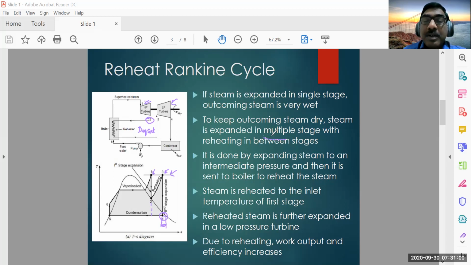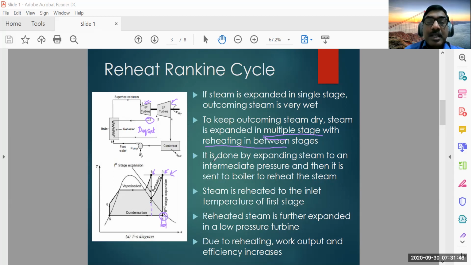So you have to understand two things here. In the reheating, normally it will be done in multiple stages, and there will be reheating in between the stages. Sometimes it will be done in 3 stages also. You can increase the number of stages, but it will not be feasible to have so many stages, because the cost of equipment and all those things will be very high, which will not be justified. So typically in reheating cycles, 2 or 3 stages will be used. And depending on the operating pressures and temperature, it can go up to 4 stages, not more than 4. So typically 2 to 3.